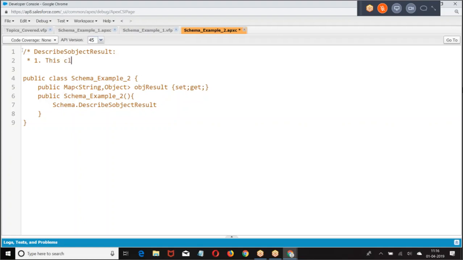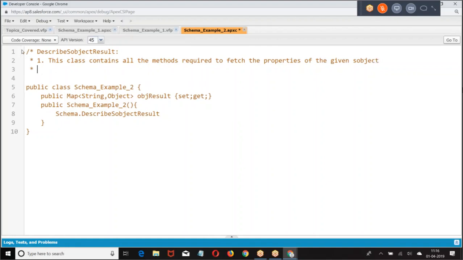This class contains all the methods required to fetch the properties, to return the properties of the given object.